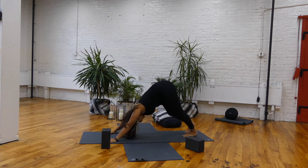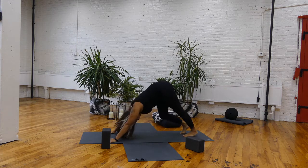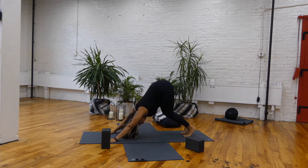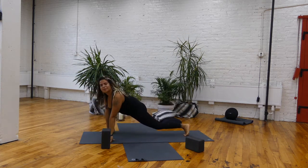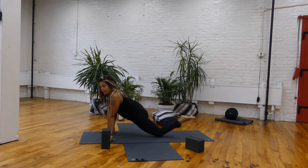Breathe into this down dog, bend into one knee and then the other. Shake the head, yes and no. From here, you'll lengthen the right leg up towards the sky. And then you'll plant the right foot to the outside of the right hand. Coming into your lizard lunge, you'll bring that back knee down to the earth, and then you'll untuck the back